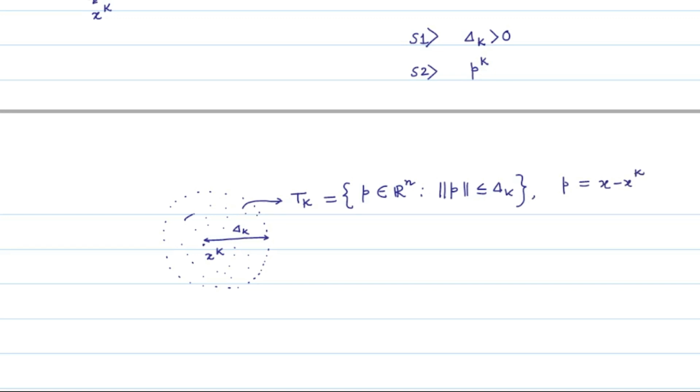After identifying this Tk, we find in the second step the step pk to be taken by minimizing a model function